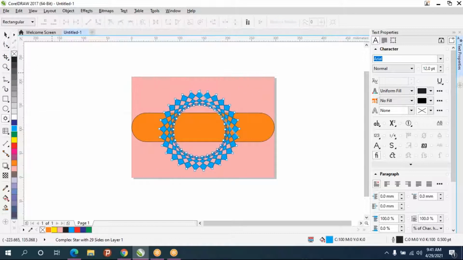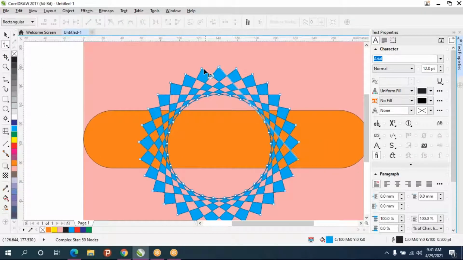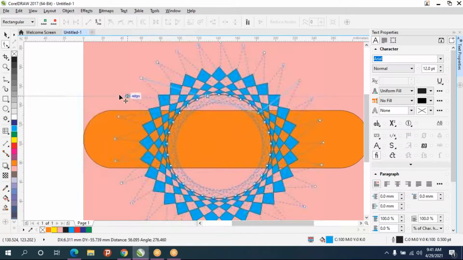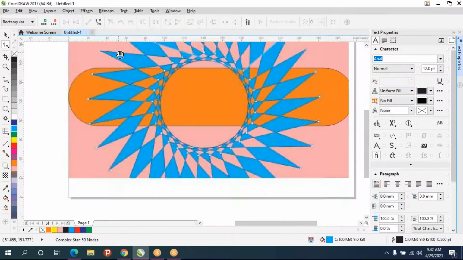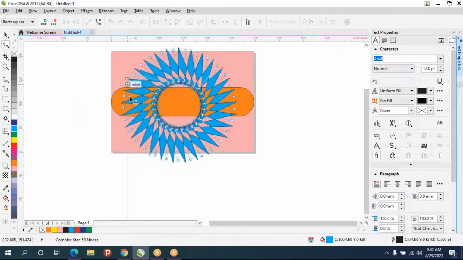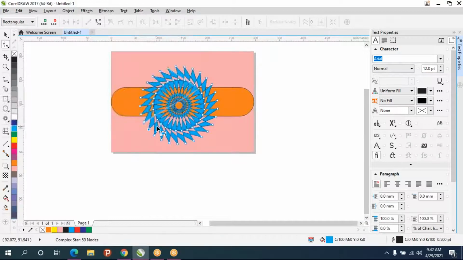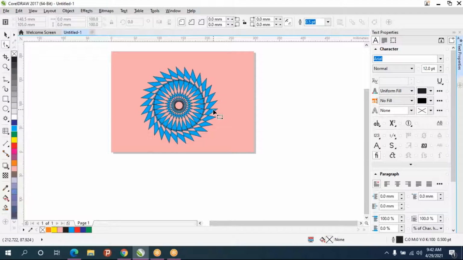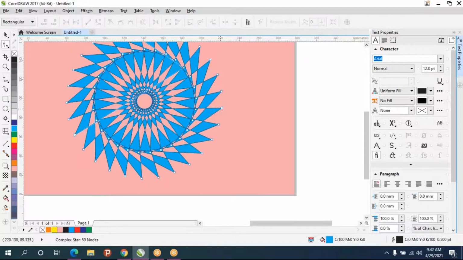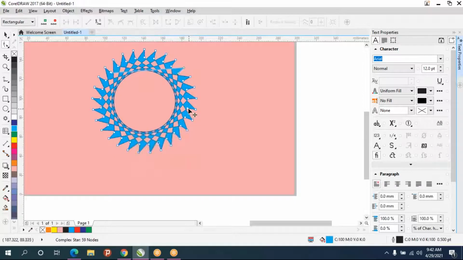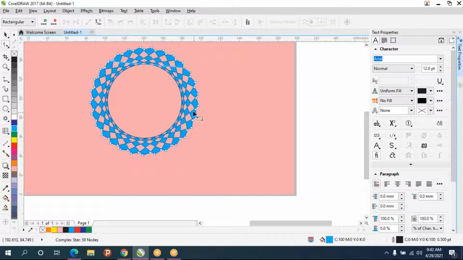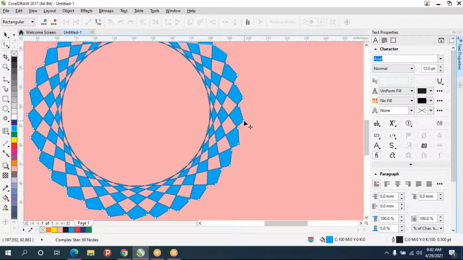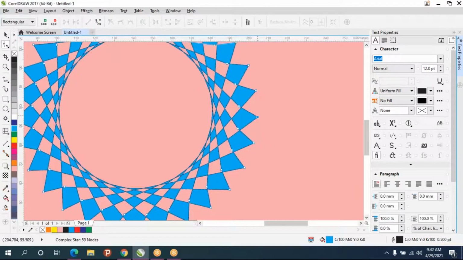Now you take shape tool and zoom in and adjust the points. So you can do a lot of work in this.